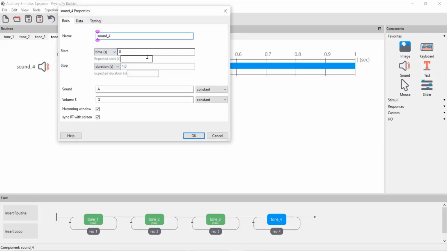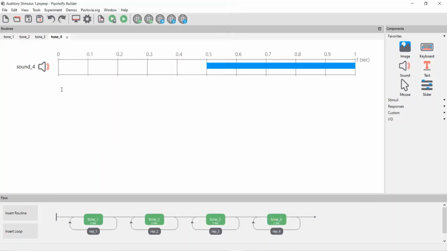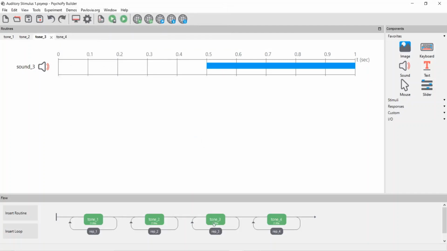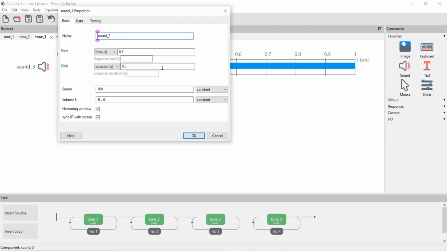Oh, sorry, my bad. 0.5, 0.5, frequency would be 500 hertz, and volume in this case would be 0. Oh, again 0. It should be 0.4. Tone 4 has a volume 0.4. I hope I'm right. This one is 0.6. Okay.